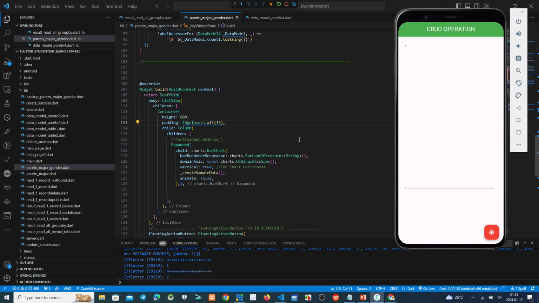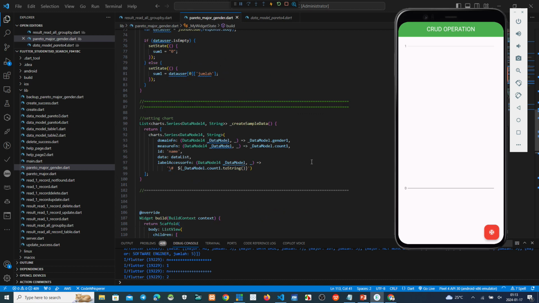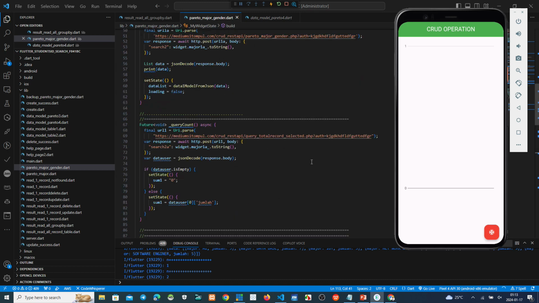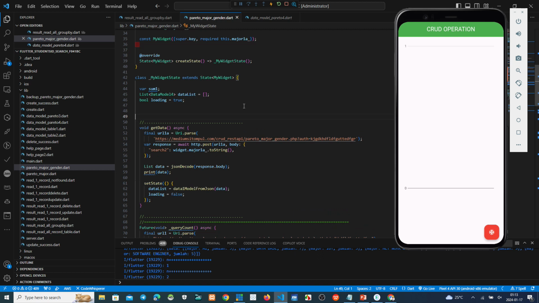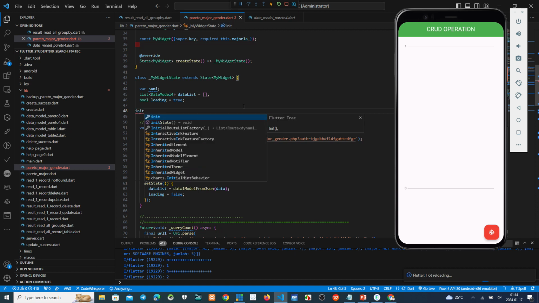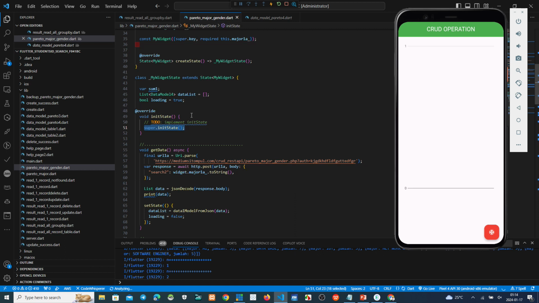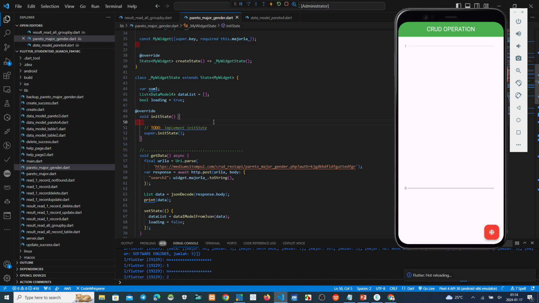Okay, we must, how to. Okay, this one we don't have init state. We must add init state here. The first one, we must make init state here, the value of get data.